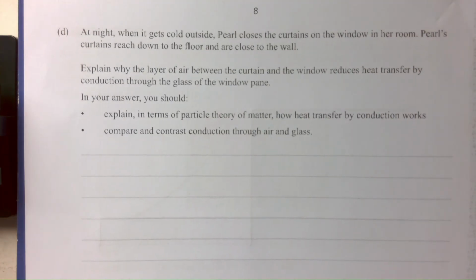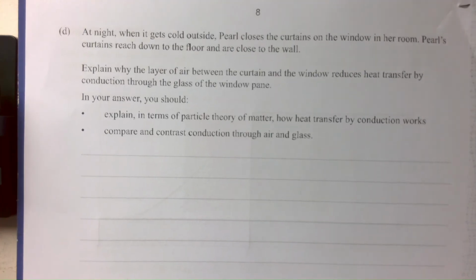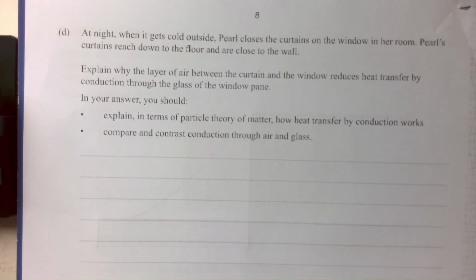Part D. At night, when it gets cold, Pearl closes the curtains on the windows in her room. Pearl's curtains reach down to the floor and are close to the wall. Explain why the layer of air between the curtain and the window reduces heat transfer by conduction through the glass